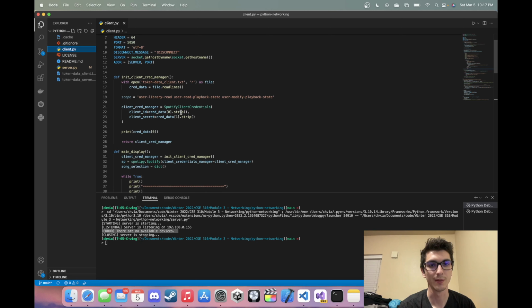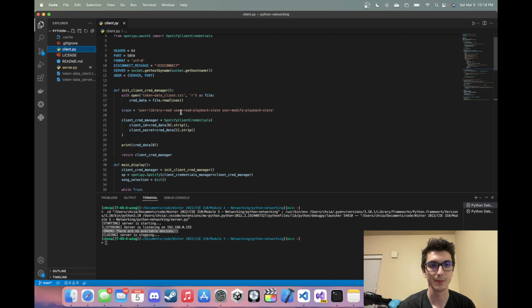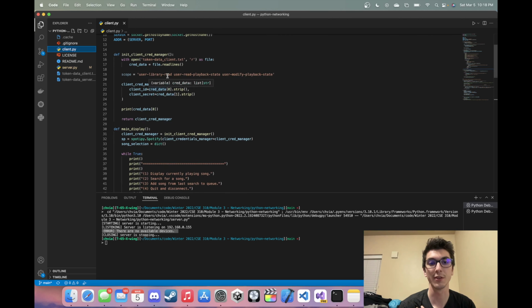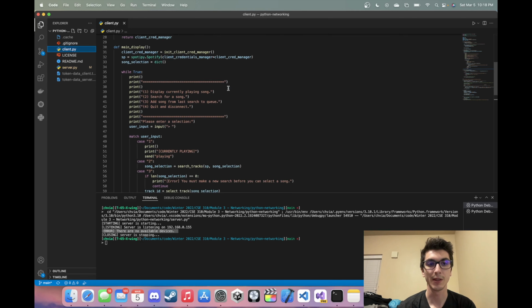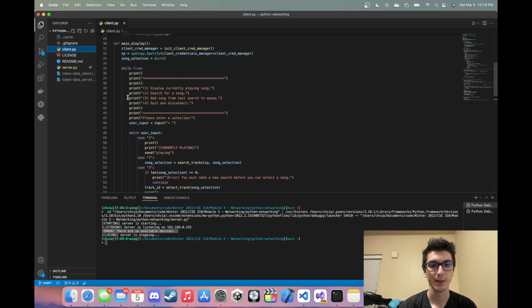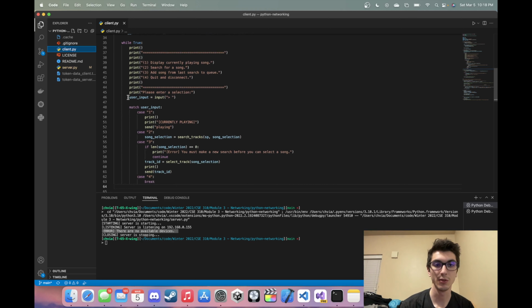This one's a little messier. Okay, so another credential manager. This one is the client authentication. So all I need for this is the client ID and client secret tokens, which Spotify thankfully provides you. And then I have a main display function. It's really just main. It's going to build the API and then give you a display of options that you can do. We have displaying the current playing song, searching a song,